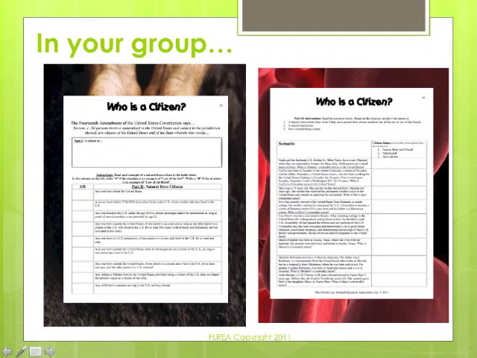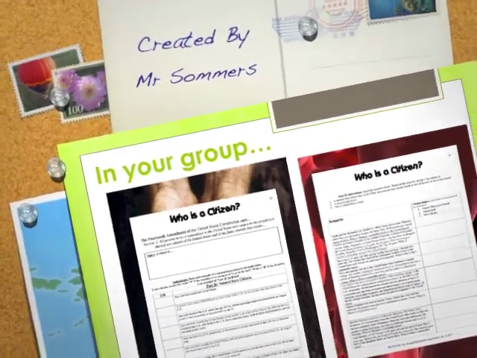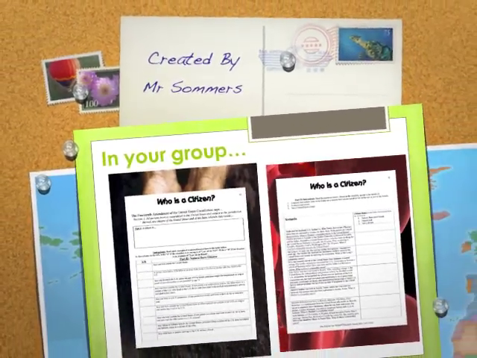After filling in your Cornell Notes for the Who is Your Citizen part in your packet, I want you to work with your group to then complete the Who is a Citizen handout that is also located in your packet. You can work with your group, but you need to answer individually on your own papers. When you are done with this, you are done with the Who is Your Citizen unit.